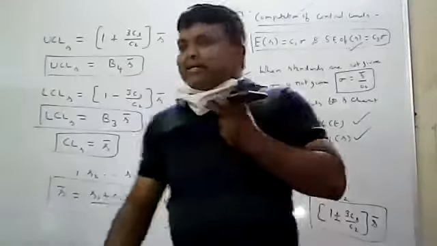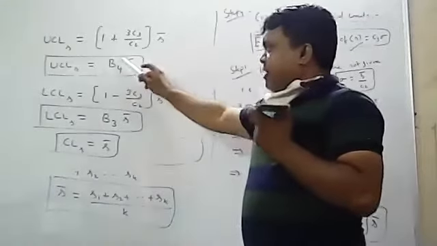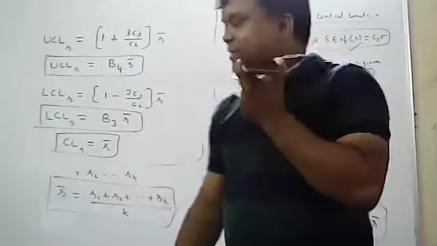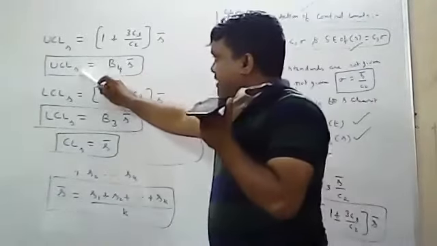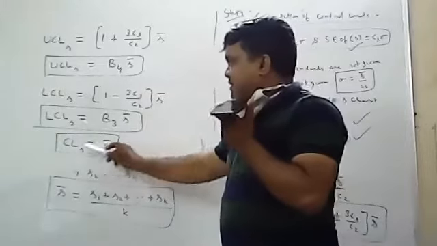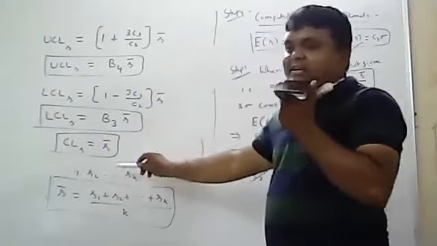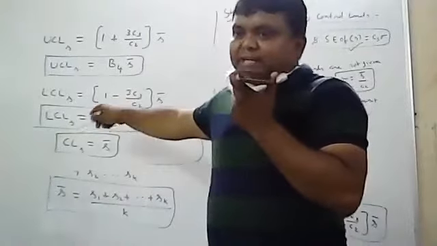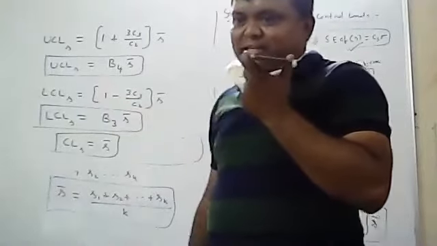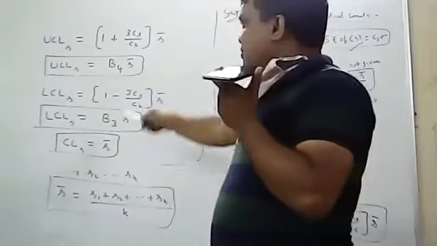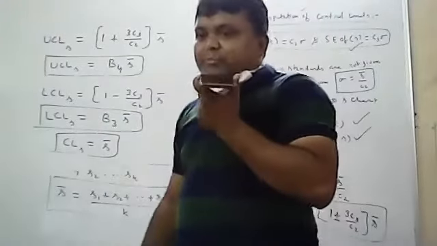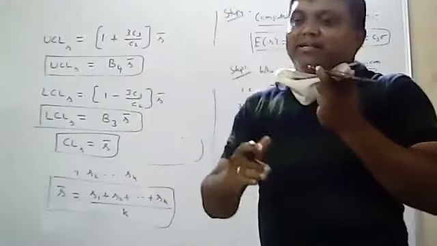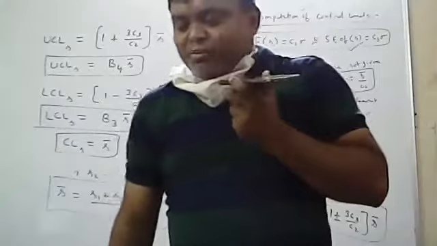Okay. So these are the control limits formulas of S chart when standards are not given. Whenever standards are not given, then only you can calculate UCL S equal to B4 S bar, LCL S equal to B3 S bar, and CL S equal to S bar. So when standards are not given in S chart, you can consider these formulas. Now step number 4 is completed. Now you know what the formulas are when standards are given, and when standards are not given. So what is the next step?